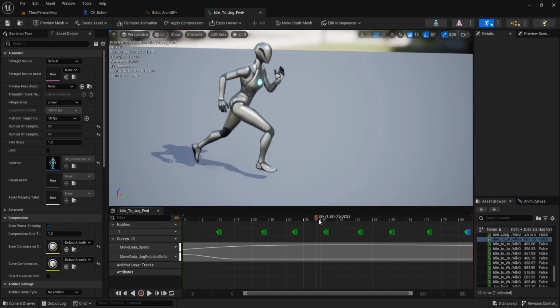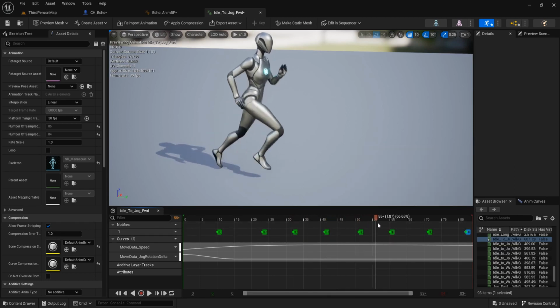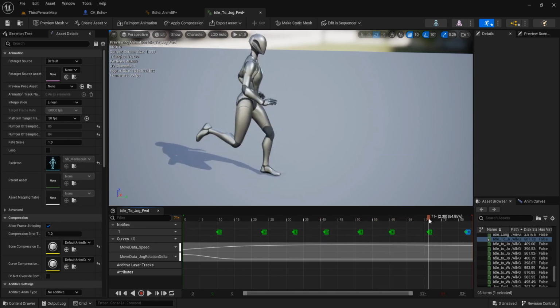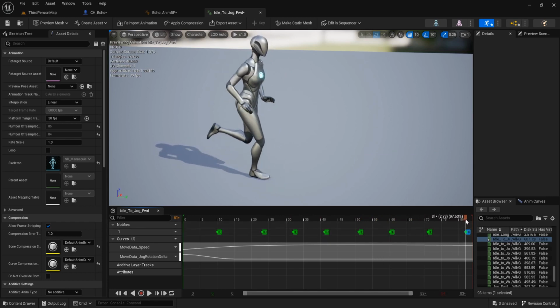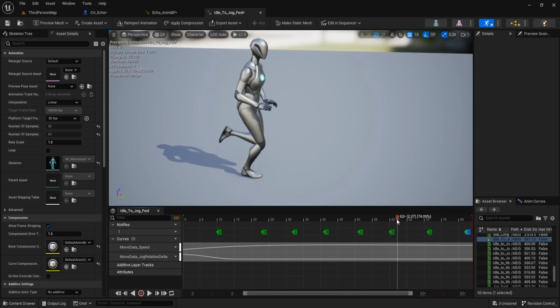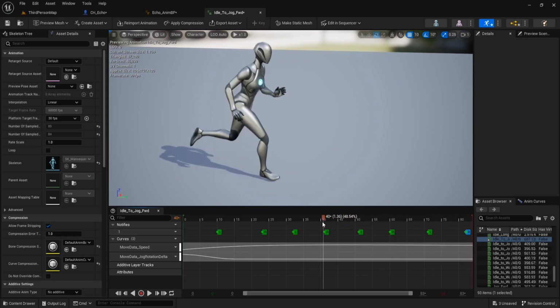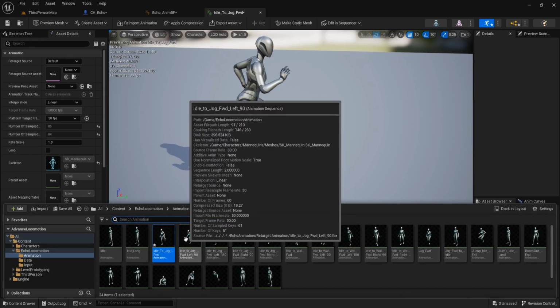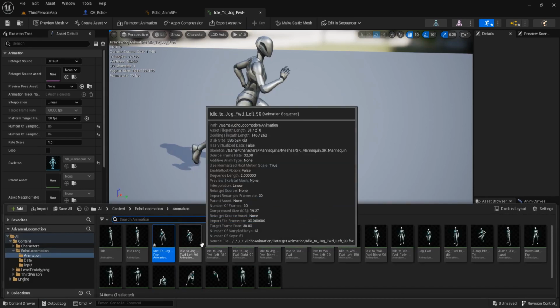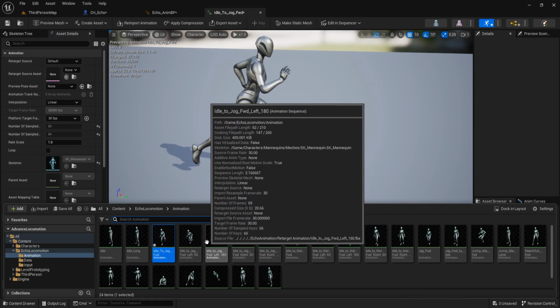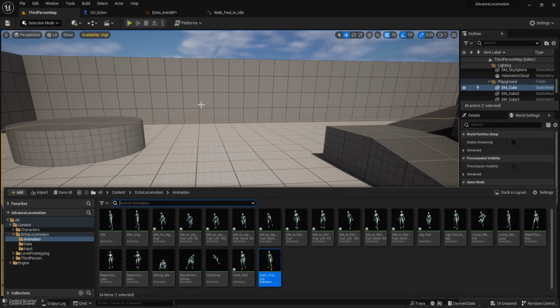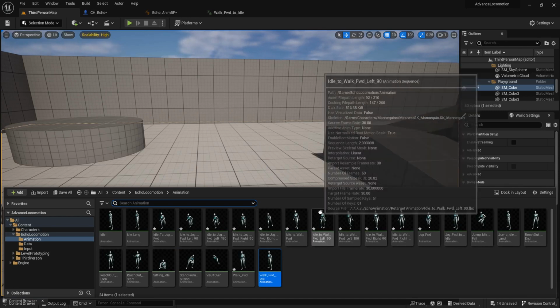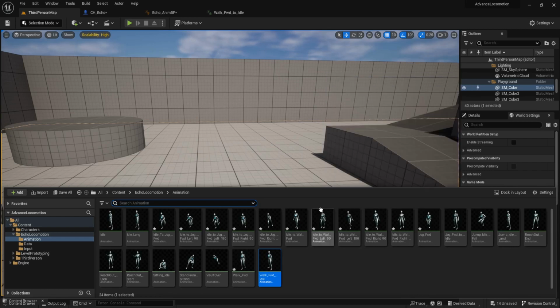And you can see this animation, we finish at the marker of the foot left and right. And you can continue this process for every animation that has that notify. I will cut to the result. And this is the finished result of our animation sync group.